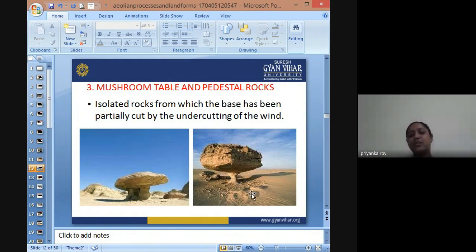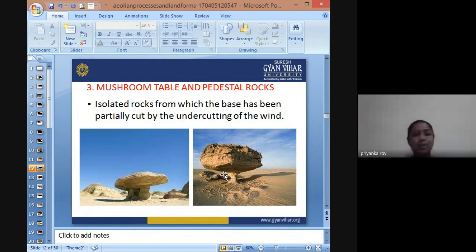Due to the attrition action, it is corroding away the rock material, and slowly it is thinned, and only the top surface of the material is left behind, and the narrowing of the base is happening. So when the base is continuously narrowing because of the continuous prevailing winds which are blowing away, this land feature is carved by the wind movement. You can call it mushroom rock or table rock, mushroom table, you can call it anyway.